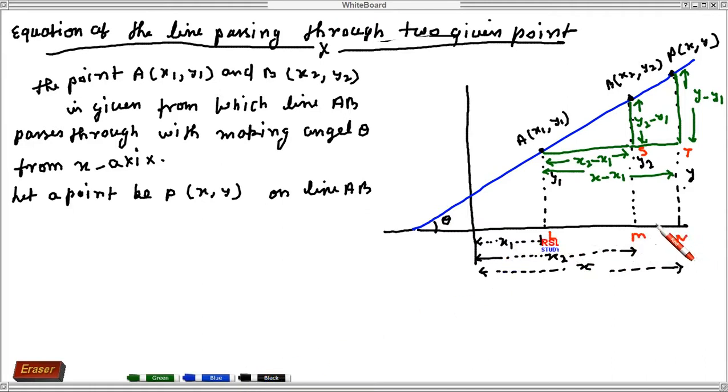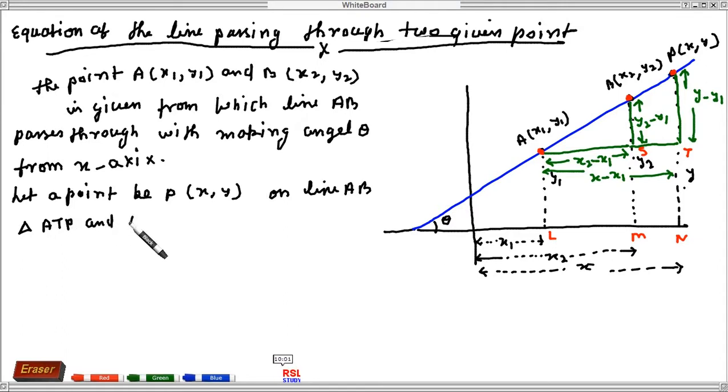Now making the numbering, that is L, M, N, putting the name of each corner. This is S, T, this is A, B, this is P, and this is the O. Center of x-axis and y-axis, means the intersection point of x-axis and y-axis is O, which is called origin.